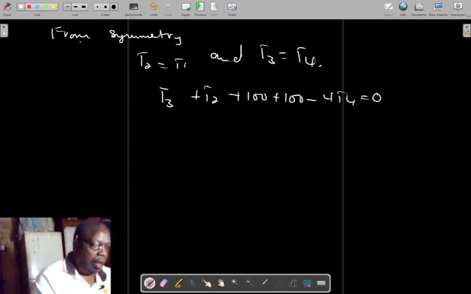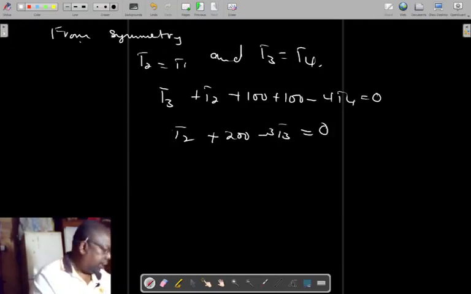And we have seen that T3 and T4 are the same, so we can write this as T2, that is this T2 here, plus 200, that is 100 plus 100, plus T3, so T3 minus 4T3 is 3T3, and that is equal to, okay,